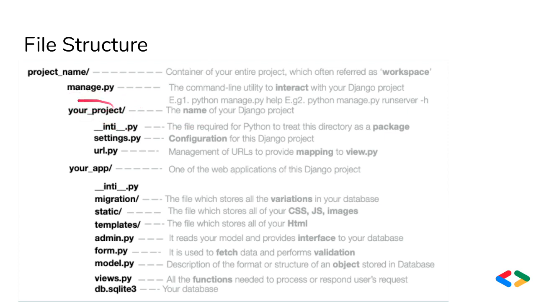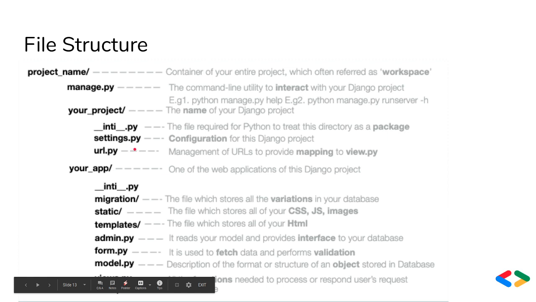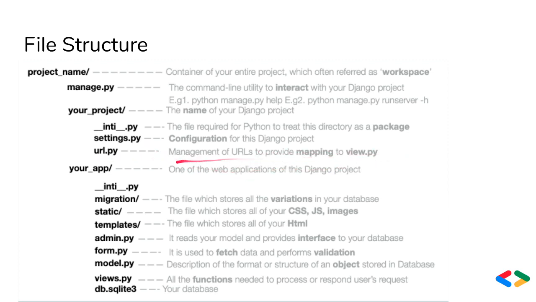The folder name will be the name of your Django project, and there will be __init__.py. This file is required for Python to treat the directory as being under the project. You need to make sure it's underscore underscore init underscore underscore dot py, which says that this particular folder comes under the project. Settings.py: all the configurations required for your Django project are mentioned here. And urls.py: management of URLs to provide mapping to views. I can explain more about this when I'm dealing